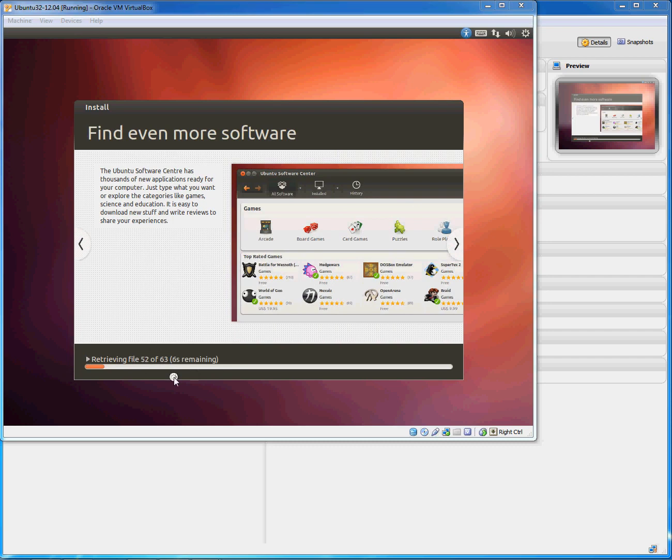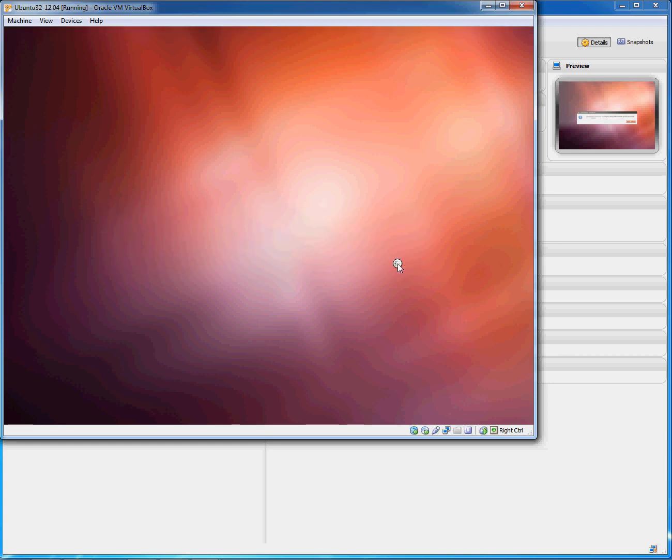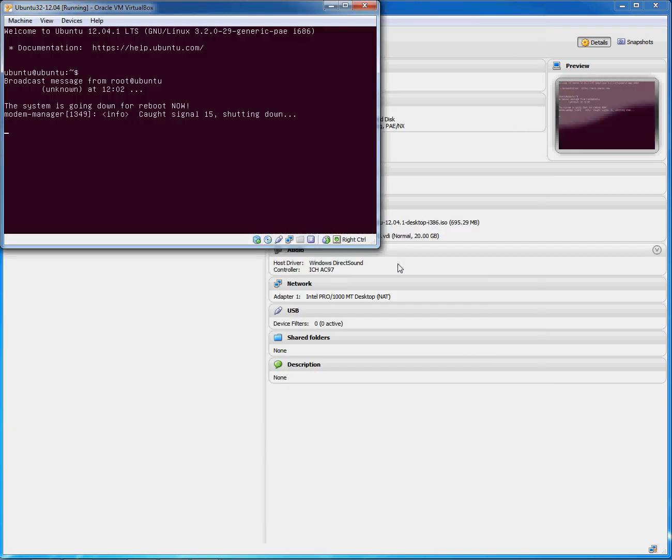Now at the end of the installation it will ask you to restart now. Once you do so, it will reboot the machine, in my case the virtual machine, and when it comes back up you will have a usable machine. Now at present you'll see here it says please remove installation media and close the tray if any, then press enter. This is to avoid booting back up into the live CD,